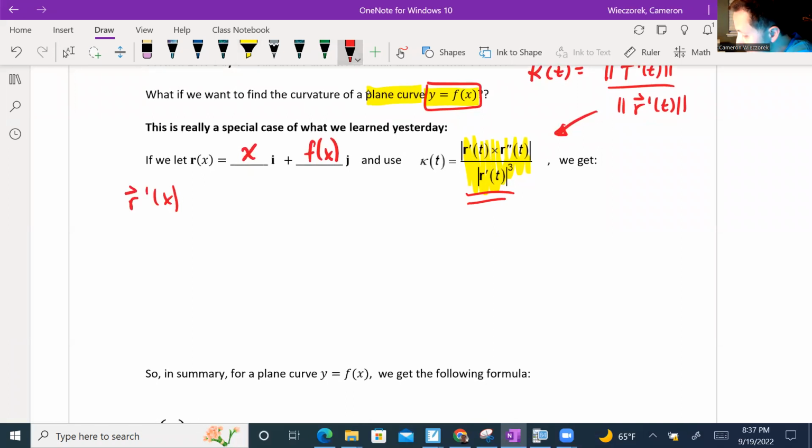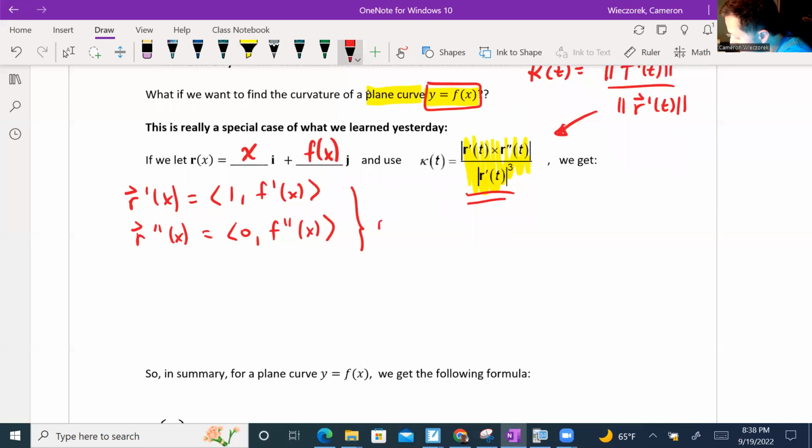My r prime in this case would be equal to 1, f prime x if I take the derivatives of r of x, sorry. R double prime, we're going to need. R double prime would be 0, f double prime x. And so then computing, I'm going to do this in a couple different steps. I think first thing I want to compute probably is the numerator. So let's do r prime